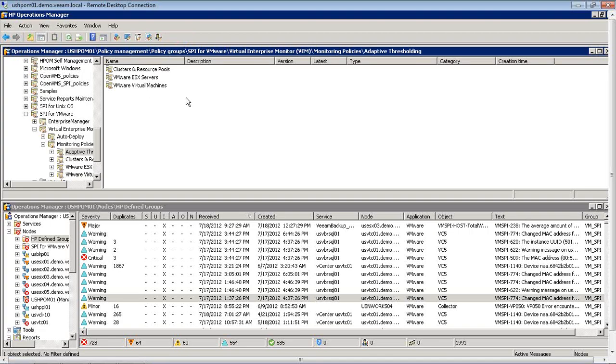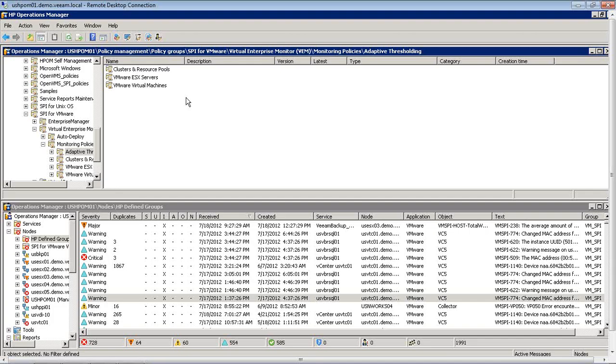And what these do is they're like stair steps. So you set the adaptive policy to be at a certain range, let's say, for example, 80% of CPU. You'll get a warning message, and that message will be reset if you get, let's just say, a minor message that goes to 85%. That minor message would reset the warning message that we got. And if a critical message would occur, then that message would reset the minor message that we had. So that's how our adaptive